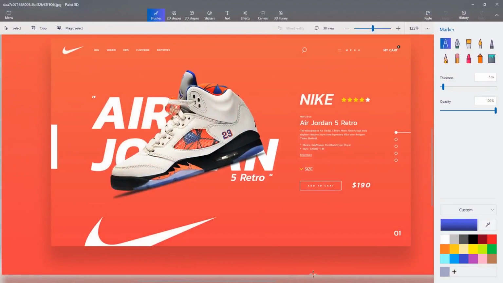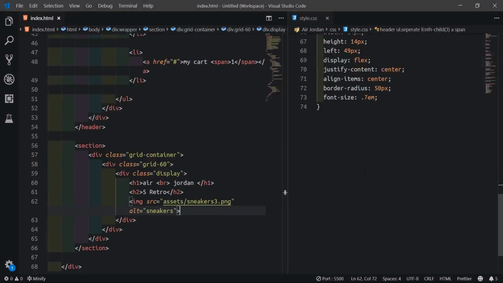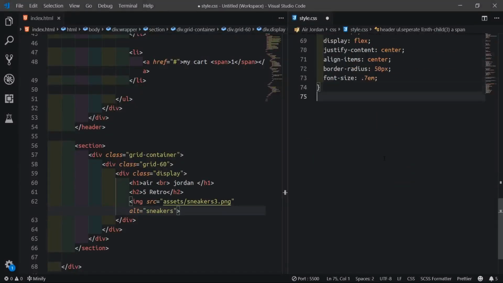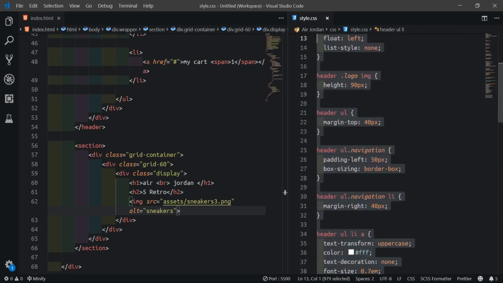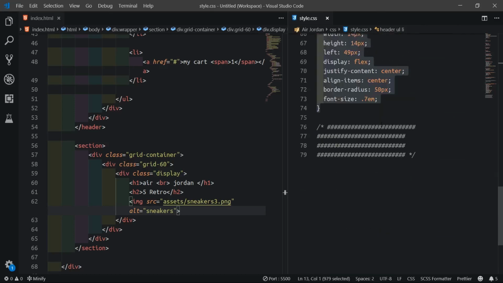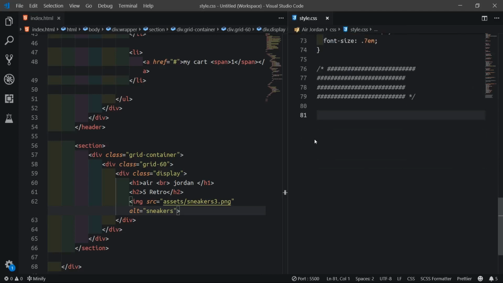So what I'll do now, I'll go back to my codes here. Might just separate that header from the section, so I'll write a comment with many hashes, then duplicate it and comment, so I know from this place going up is the header codes, not the header CSS codes. Then from here coming down is this other display side.